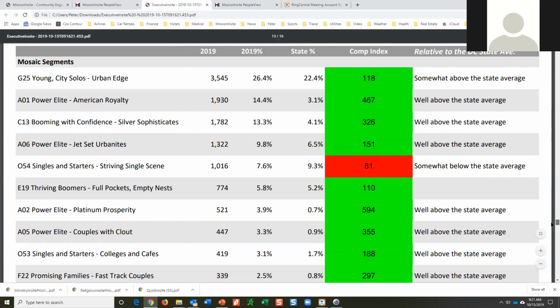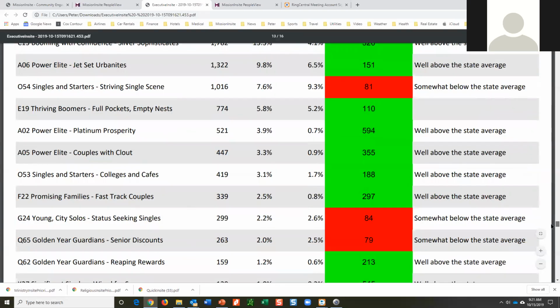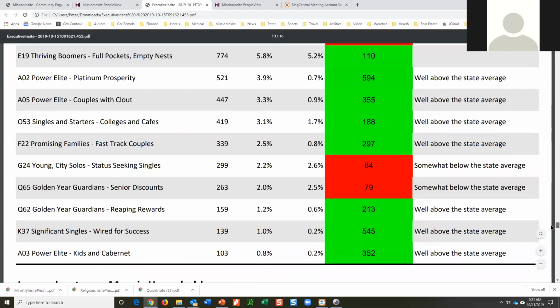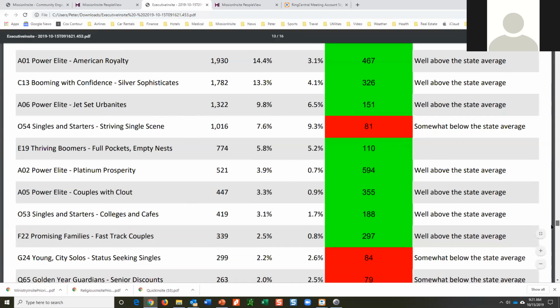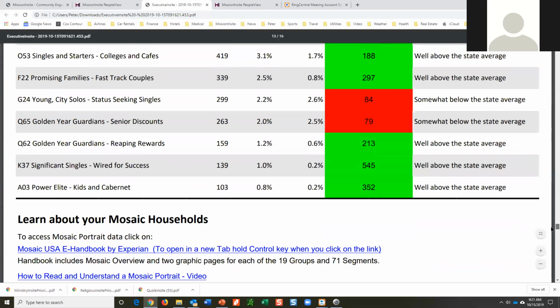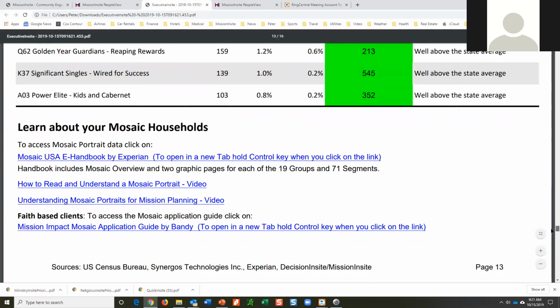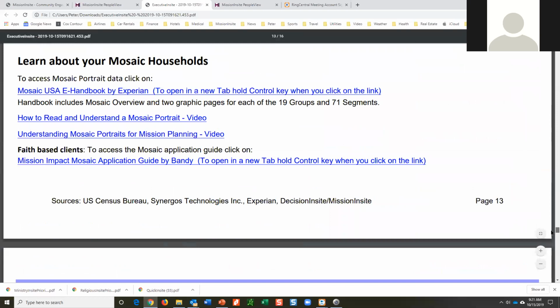Now the system, you will learn very quickly, is set up that the lower the number, the higher the income. The higher the number, the lower the income. And there are 71 different segments in the system or classification. So you can see in this zip code, there are some areas that are extremely wealthy. We have A groups, 4 of them in the area. But look, we also have a Q65. That is an extreme difference in income. So those are different pockets or sections.